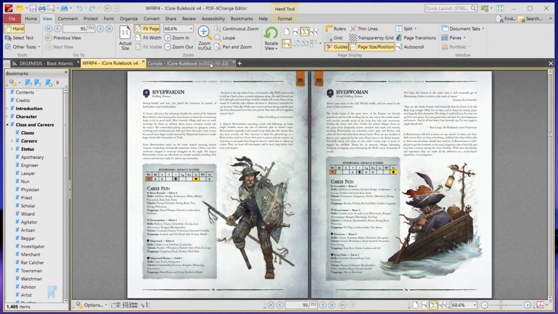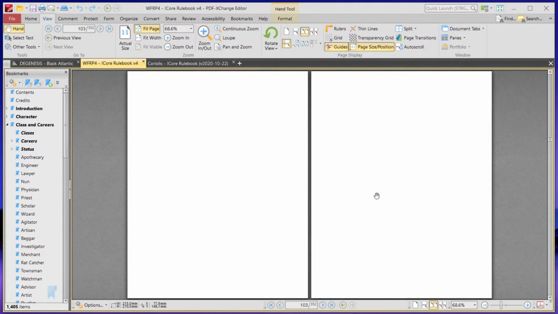You should have seen before I did this test, I had, I think, 10 to 15 PDFs open at the same time, and I wasn't having any issues switching between them or scrolling through them at all. And you're looking at this in 1080p. I actually have a 1440p monitor. This was expanded to fill my entire monitor, and again, I wasn't noticing any kind of rendering issues like I'm